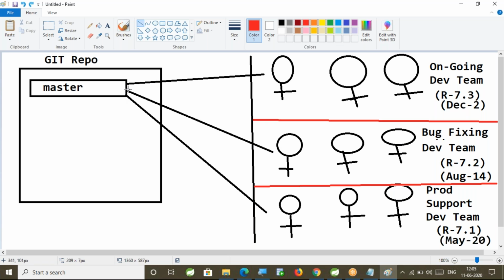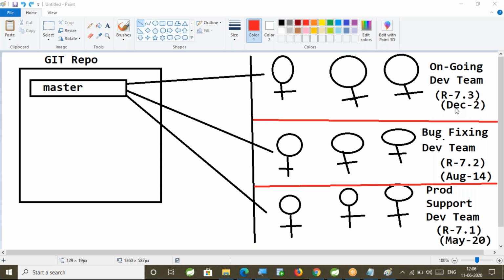Now tell me, because of this new development happening for R7.3, there may be some impact on R7.2, or not? Because of the new code the R7.3 team is writing, will there be any impact on the release 7.2 code, or not? I need an answer for this. I'm asking a question.